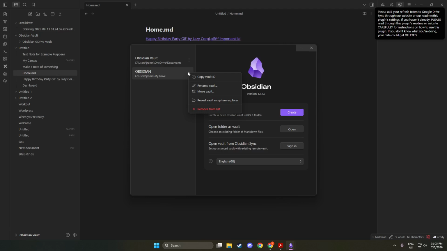From there, choose Remove from List. This will finalize your decision to delete the vault. A prompt may appear, asking for confirmation of this action. This is a critical moment as it helps to prevent accidental deletions. Take a moment to review any prompts carefully before confirming your choice. Once you click this option, the vault will be removed from your list. This ensures that your vault list is clean and manageable, making it easier to navigate in the future.